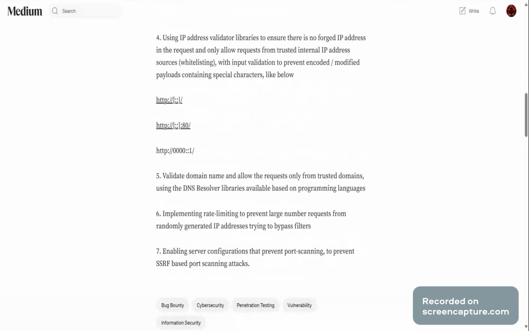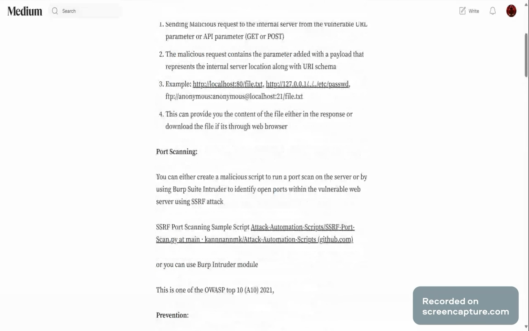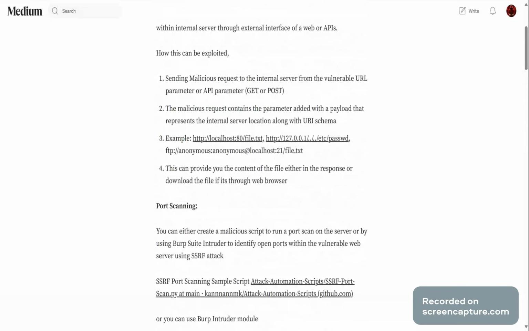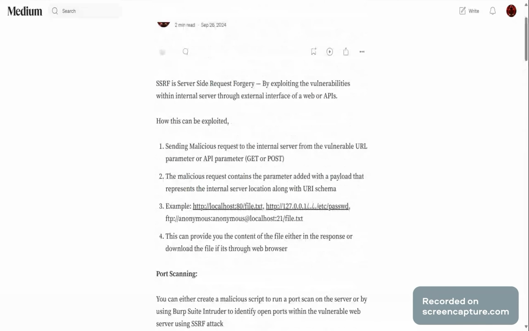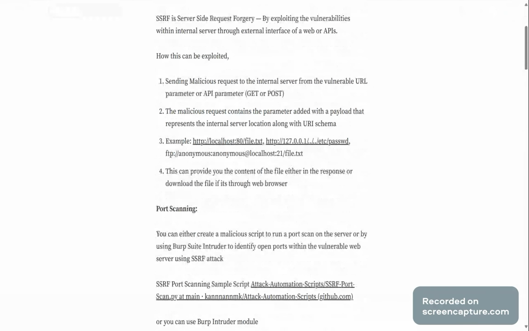Basically, it's a server-side request forgery, where we can send requests to the web server from a part of the application. I mean, from the web request, you can send some malicious payload to the server through a vulnerable URL or a malicious request containing a parameter added with the payload that can reach the internal server. So, for example, as you can see, there's a localhost and there is